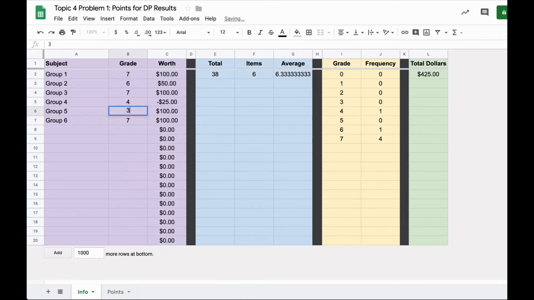You can just input whatever else. You can put in more numbers if you wanted to, and it would all work. So how did I do this? So for the first thing I need to do is to figure out how to convert a grade into a dollar value on this side. And I do that by doing a lookup